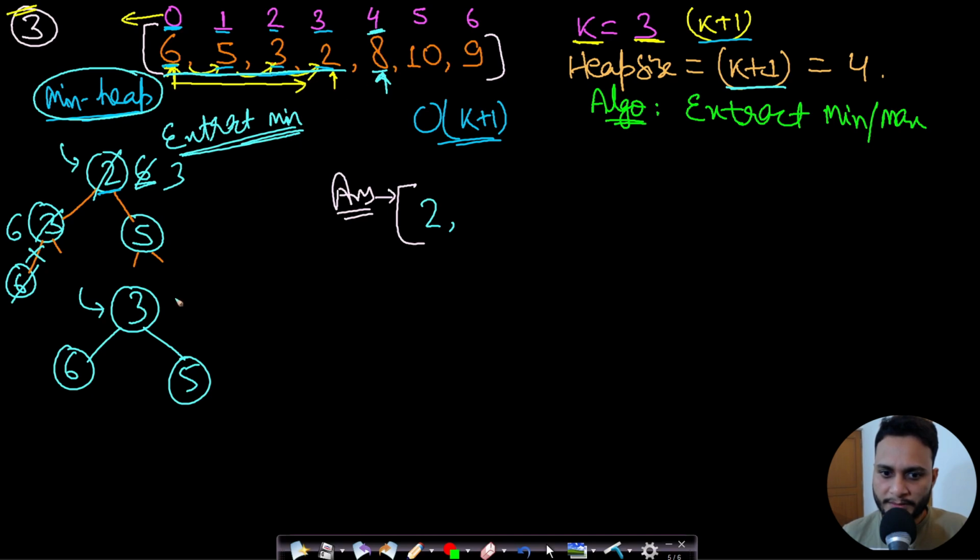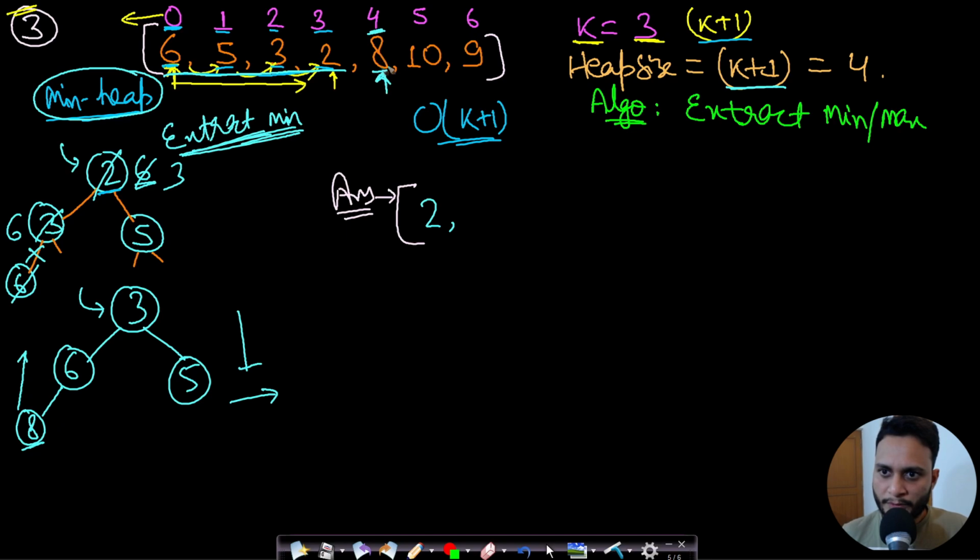Now 8 will get inserted. So when we insert 8, then we will be inserting top down, left to right order. So the next position to get inserted is this one. Now we will apply the percolate up algorithm as I had explained how to insert an element into the heap. Okay. In the same video where I have explained the extract min or extract max. So percolate up will keep this element here because we want the minimum element as the root element since this is a min heap.